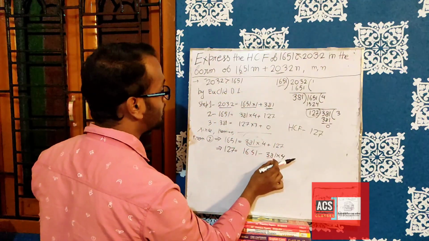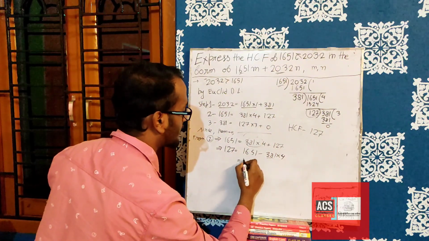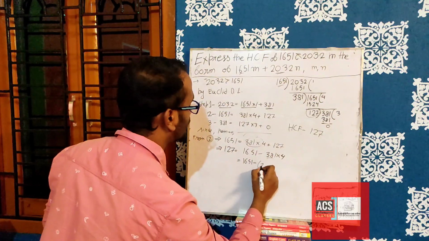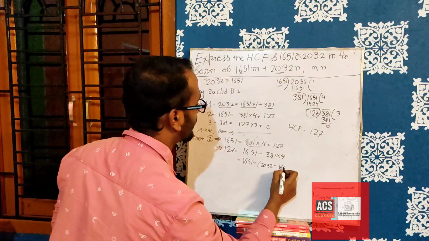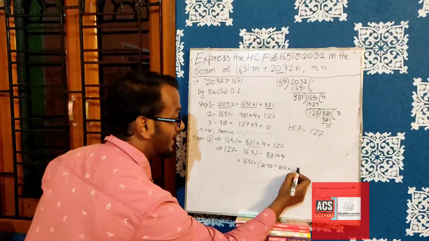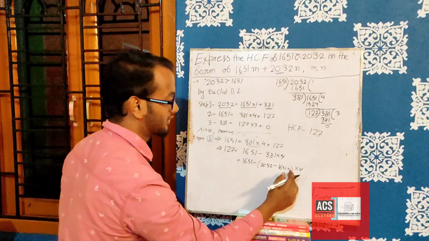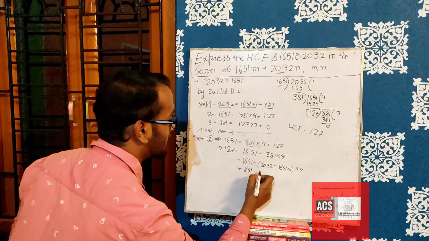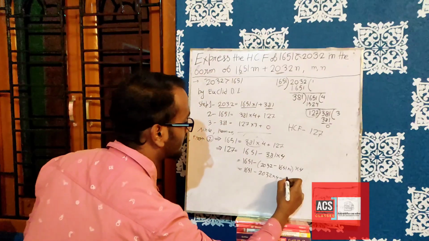So we are going to replace 381 by this one: 1651 minus, how will it be written, 2032 minus 1651 into 1, and don't forget to write into 4. Many of you always forget this one, so don't forget. So now 1651 minus 2032 into 4 minus